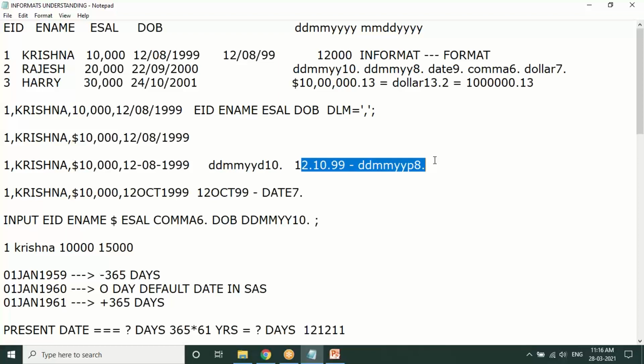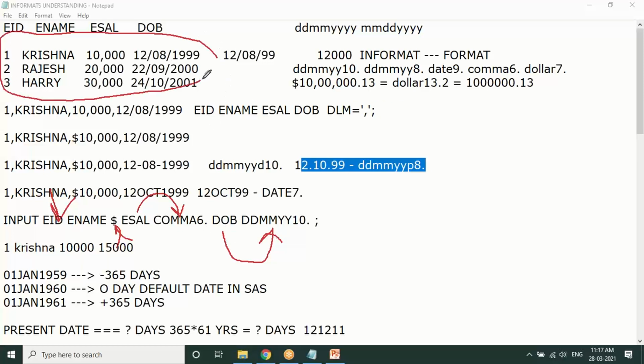Now the question is how we should write this in the code to make SAS understand dates or any other non-standard value. In the input statement, you write standard numeric, or standard character with a dollar. Along with the variable name you specify the informat, and DOB in this data is MMDDYY. You are able to read this data, and when you read it, it gets converted and SAS stores the actual value.